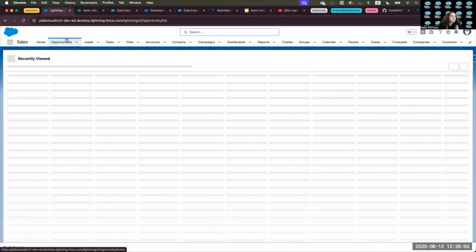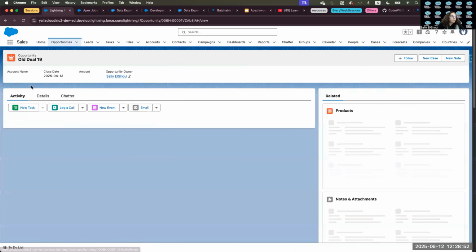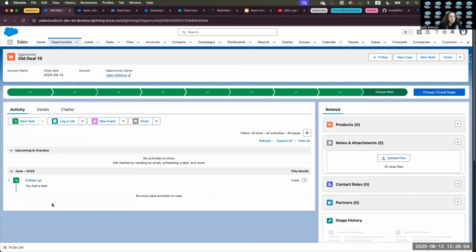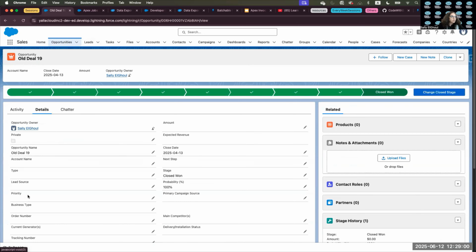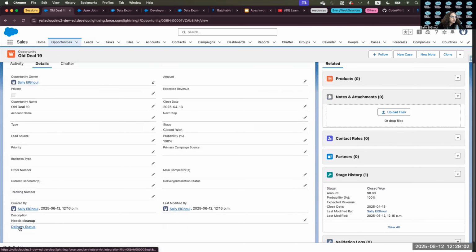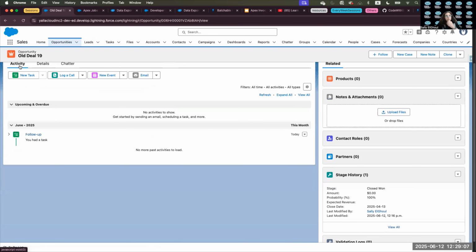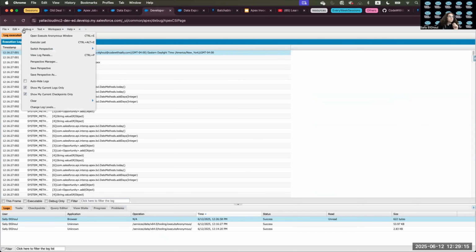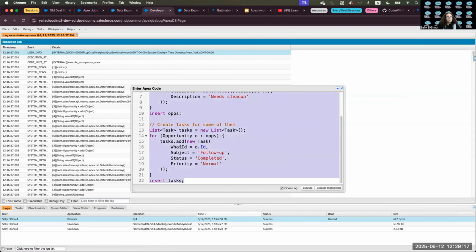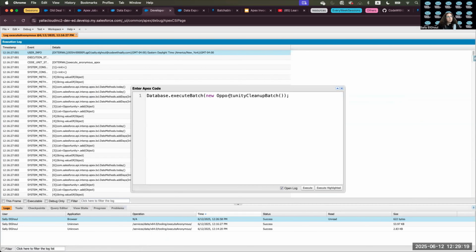One of the opportunities we have, dismiss opportunities, and I have one here, and I have here a task. So let's see when we run, first, we have a description here that needs cleanup. We want to clear it when we run the opportunity batch, and the second one, we want this task to be deleted as well. So let's go to the developer console, and I will clear all of that, and I will put here